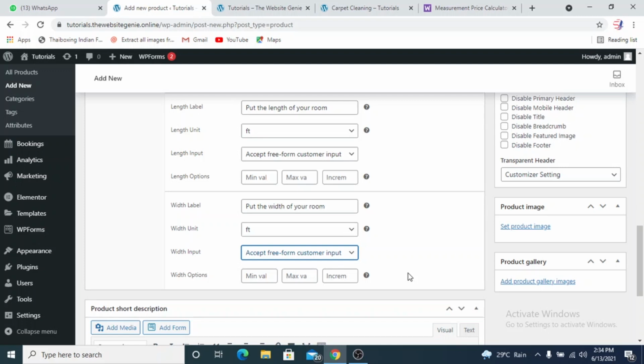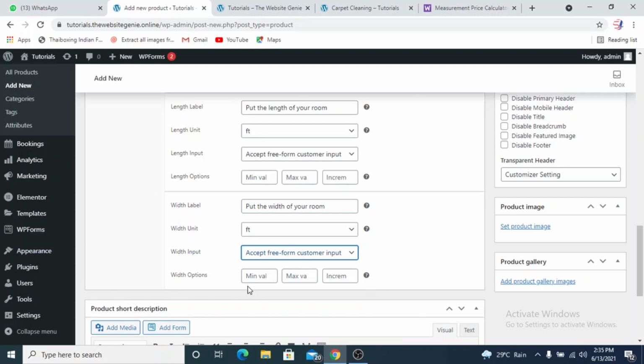What that would mean is the customer can only place a width of 100, 200, 300, 400 or 500, like that. So that is increment, but we'll keep this as it is. We want the actual width the customer can give. So we want it to be absolutely accurate to the actual room that he wants to do the deep cleaning on.